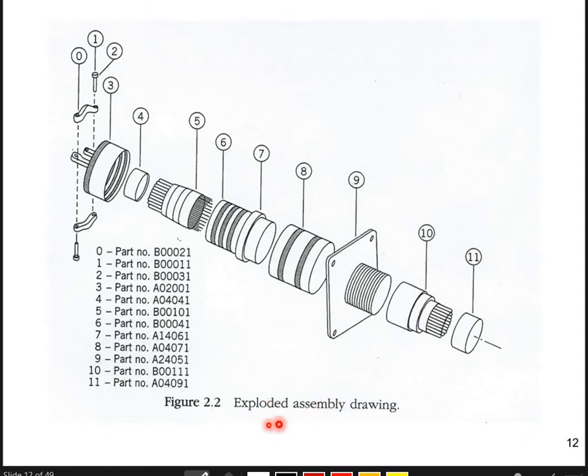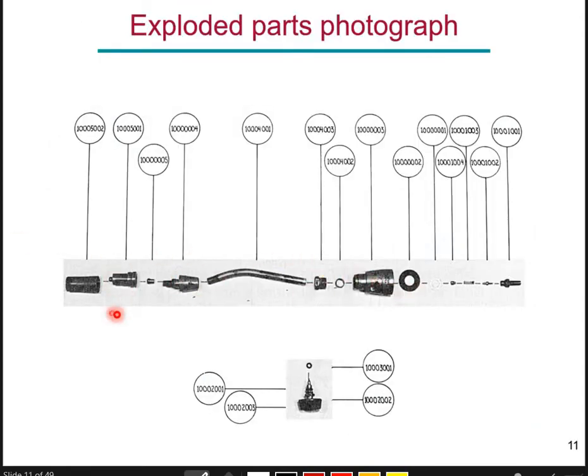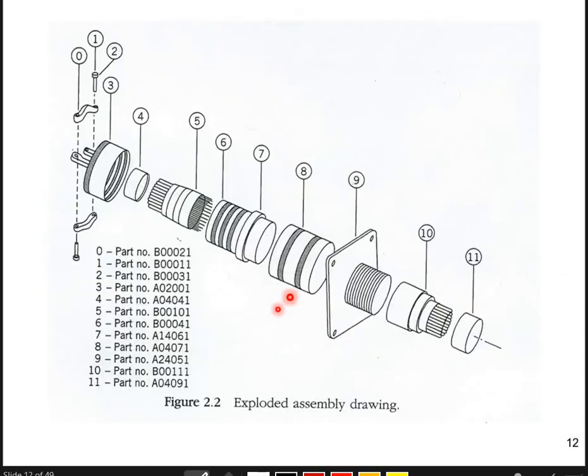It's an exploded assembly drawing, not photography, but drawing. In the previous part, this is the photography of the part. Okay, it's the actual photo. But this one is a drawing, computer drawing of the part. Again, as you can see, there are 11 different components. For each component, you have the part numbers, and you can see how they are assembled together to obtain your